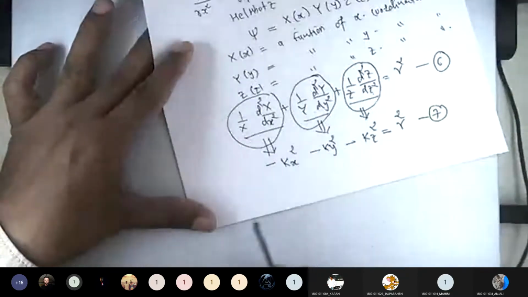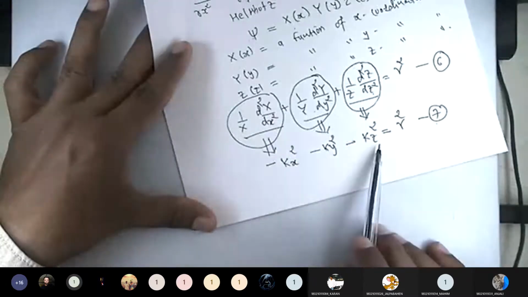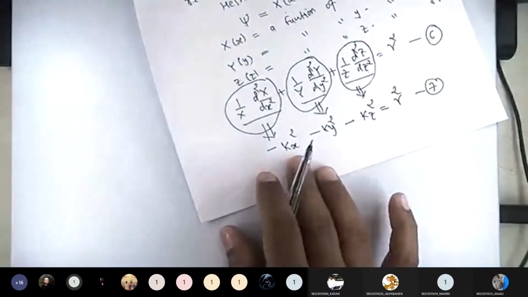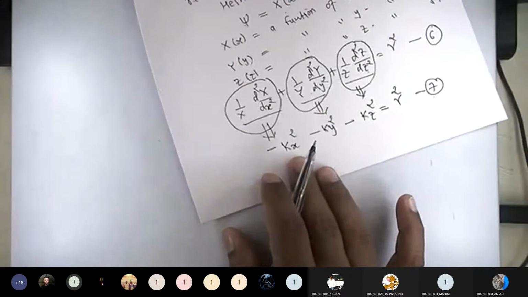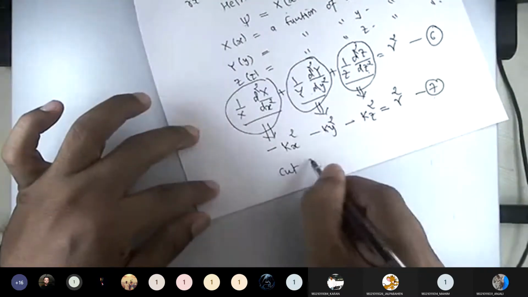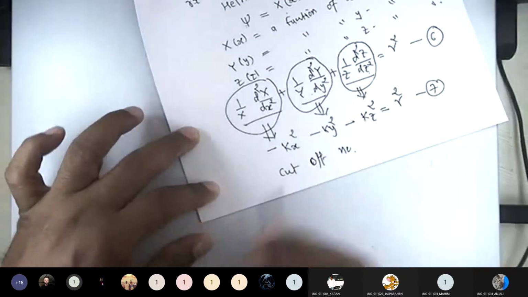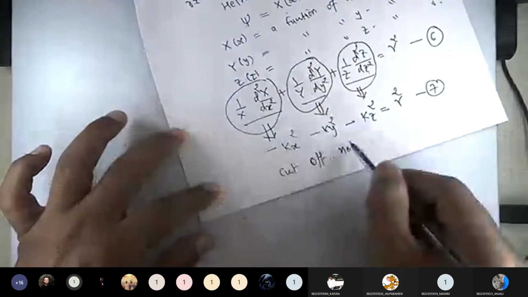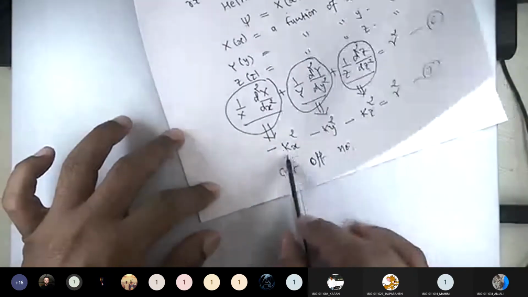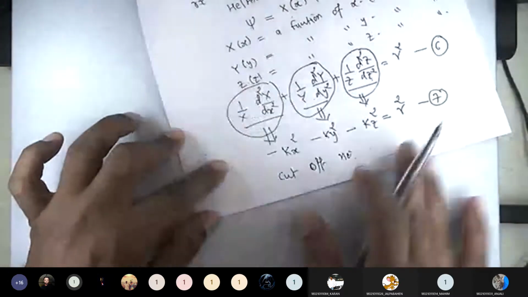So it means that now we have represented all these equations into some kx square, ky square, and kz square, where these are the three terms which actually express the cutoff number. We will see that part, but at the moment please remember that if we can get the solution of this equation 7, where we know kx square, ky square, and kz square, then we can easily find out the psi.